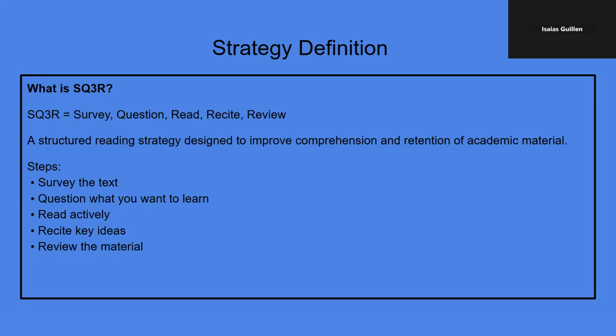Strategy definition. What is SQ3R? SQ3R stands for Survey, Question, Read, Recite, and Review. It is a structured reading strategy designed to help students understand and remember their material more effectively. Instead of just reading a chapter from front to end, students follow these steps that encourage active engagement